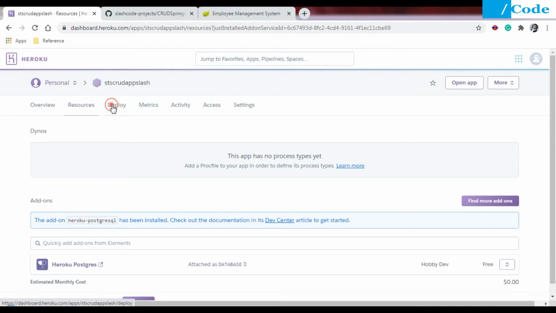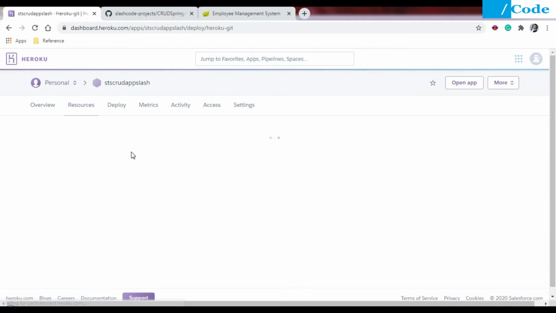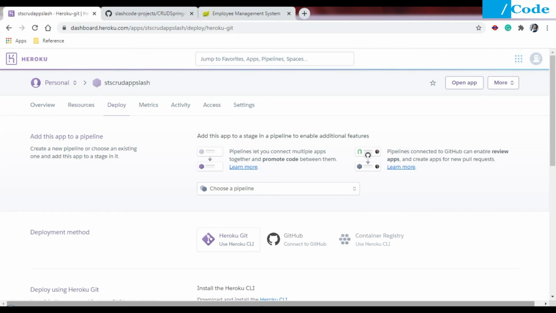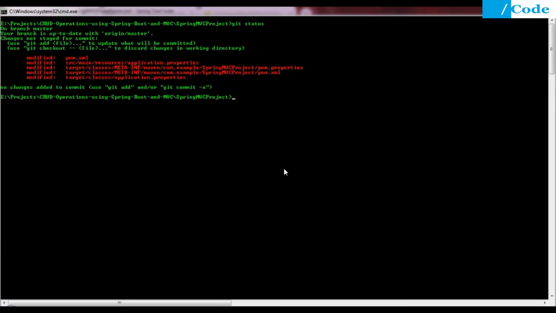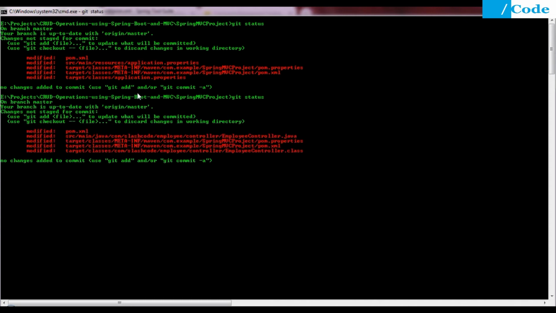And then come to deployment, but before deployment we need to push our application to GitHub. We have updated some code and the build has been completed successfully. Now just go to git. I have already done git init, so I will just say git status here, so that I will get the files which just got updated. So pom.xml and the employee controller, in which we have changed one message on the front end, and the application properties is the same as earlier.